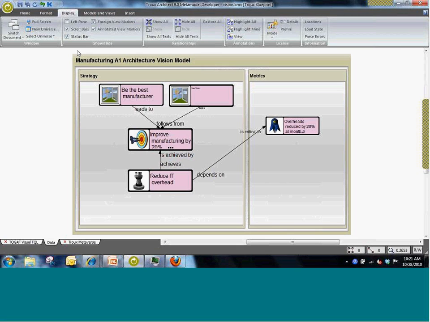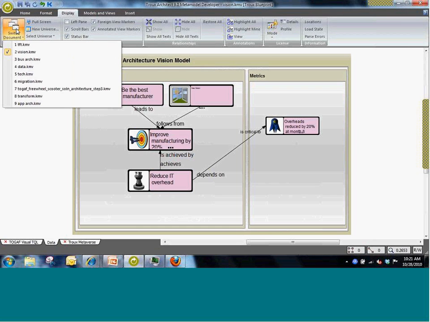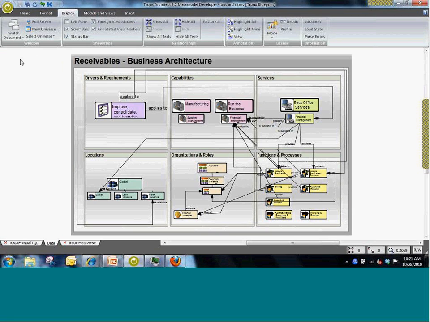Those too are important. I'll be showing you those in a moment. Additionally, we provide the ability to model Phase B, the business architectures, using a purpose template for that effort. And here we have a populated version of the receivables business architecture. And here are requirements, which are the center of the ADM.